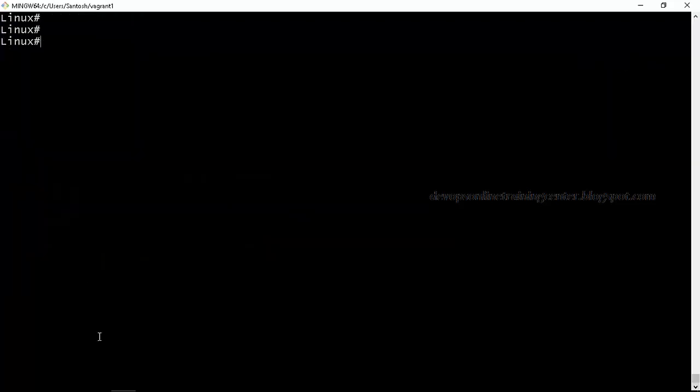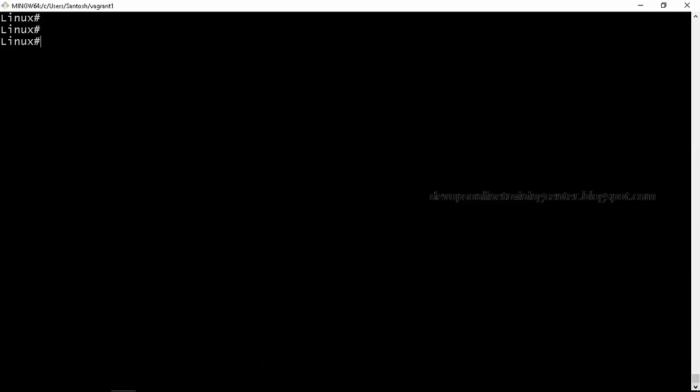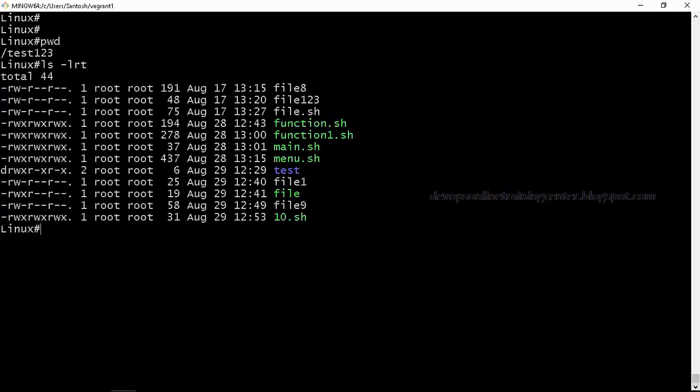So there are some regular expressions that we can also use. It's not a single quote, it's a backtick. A backtick is something under escape. You can see under escape, right? So there is an escape button on the keyboard, and under that there is a backtick. This colon or double colon or backtick, three are different. Okay. If you use just a single quote, it's like a string. You are defining a string, right? So if you use a backtick, the output of the command is stored inside a variable.